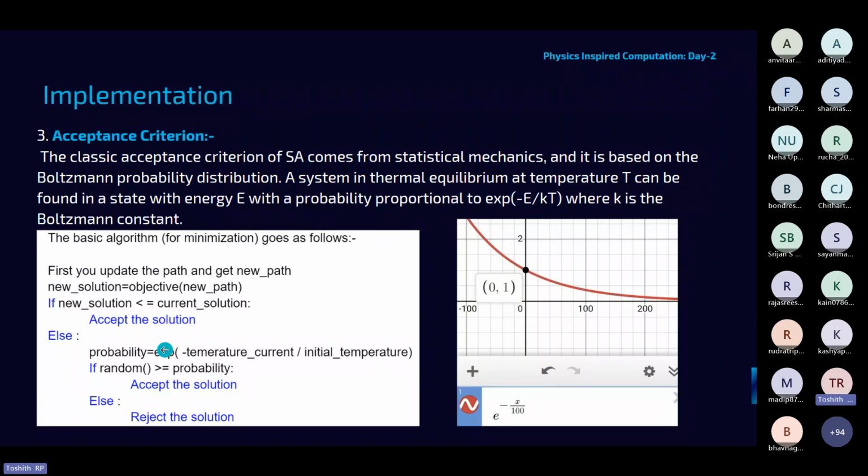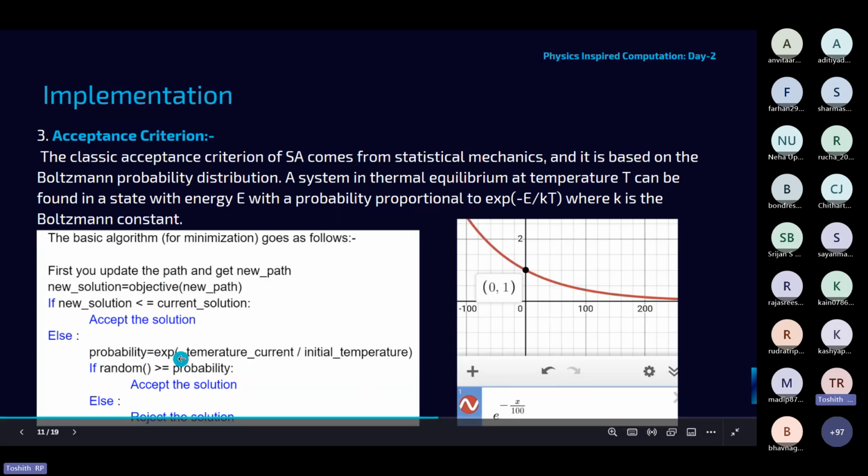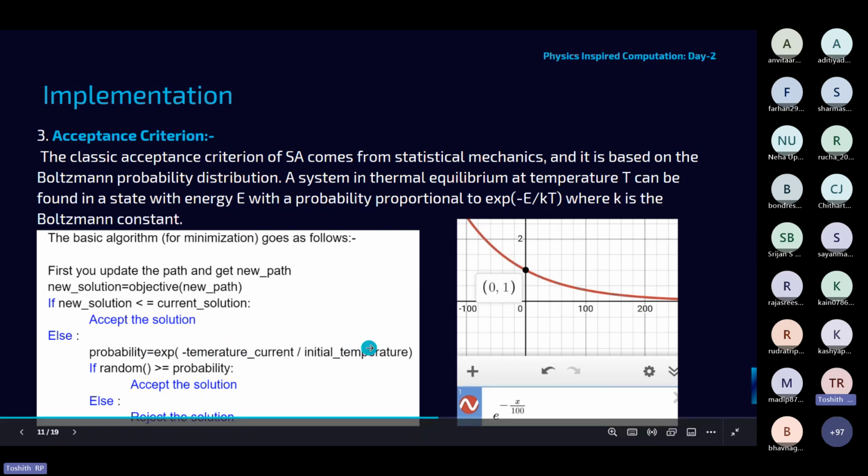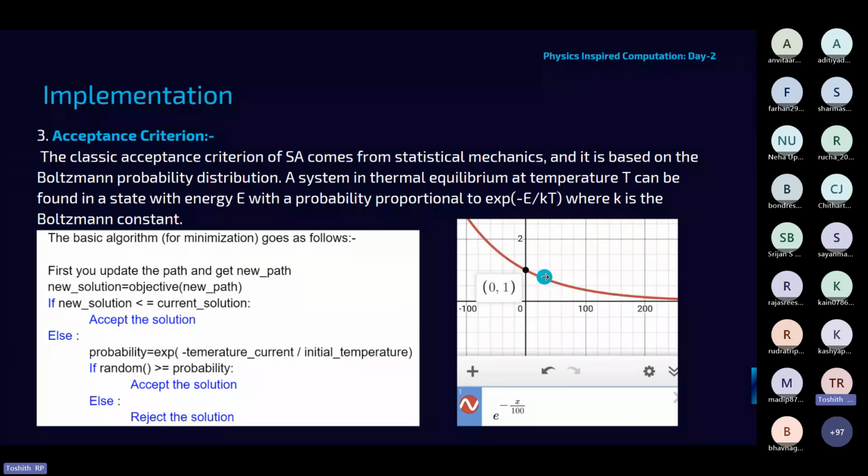I'll come to this. So in the annealing process, the temperature gradually cools down from a higher temperature to a lower temperature. What this means is, in this the variable probability, as the current temperature keeps on cooling, it gets lesser and lesser than the initial temperature. Looking at this graph, let's say that the initial temperature is 100, and over here x keeps on decreasing, and this means that x is approaching 0. So as x approaches 0, the variable probability attains a value closer and closer to 1.